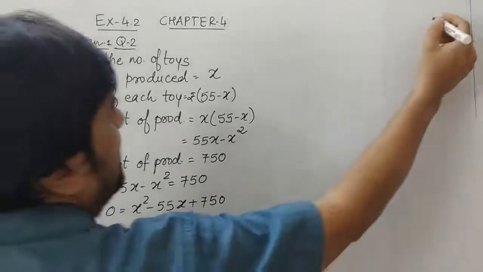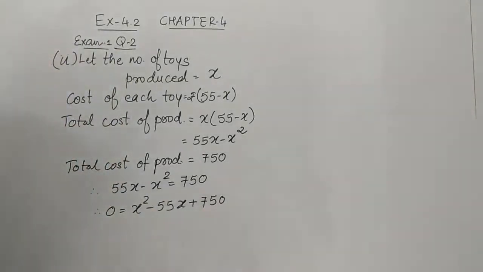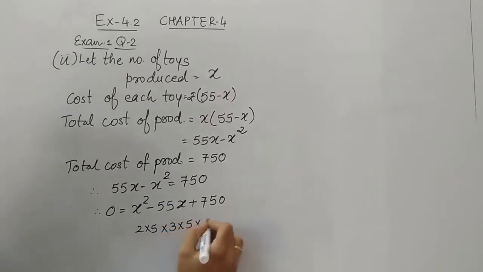Now we have 750. So let us find the prime factors of 750. So let's see, 10 is there, so 2 and 5 are factors. 75, that is 25 threes are. So this is how I have done it orally. How did I do it? 75, so 25 threes are. And 10, that is 2 fives are. Now we have to get 55 by addition. Let's see how we can obtain 55 by adding these factors.